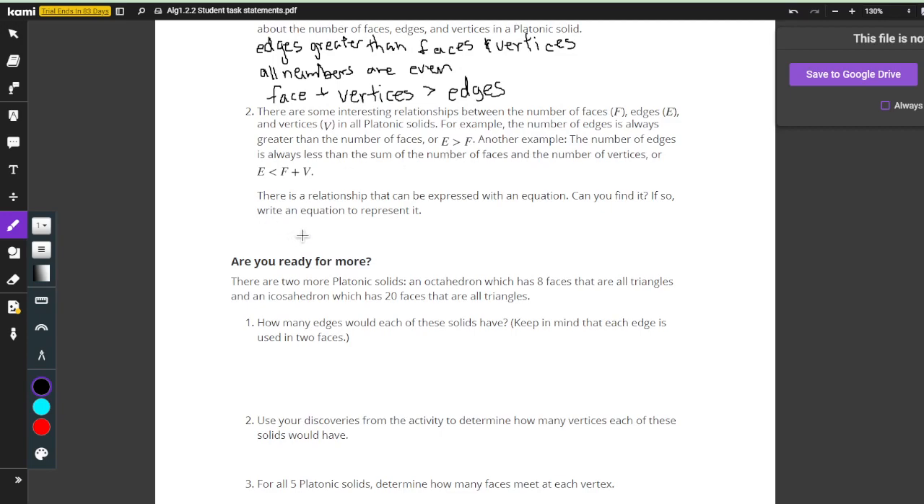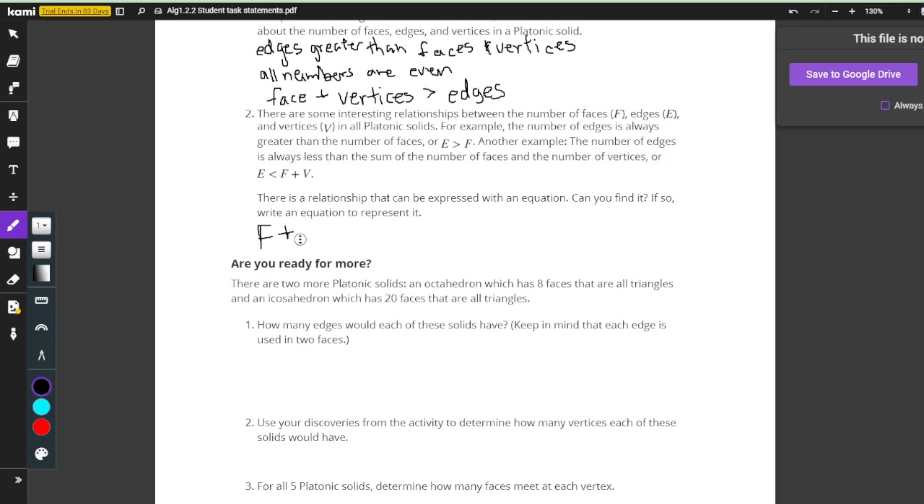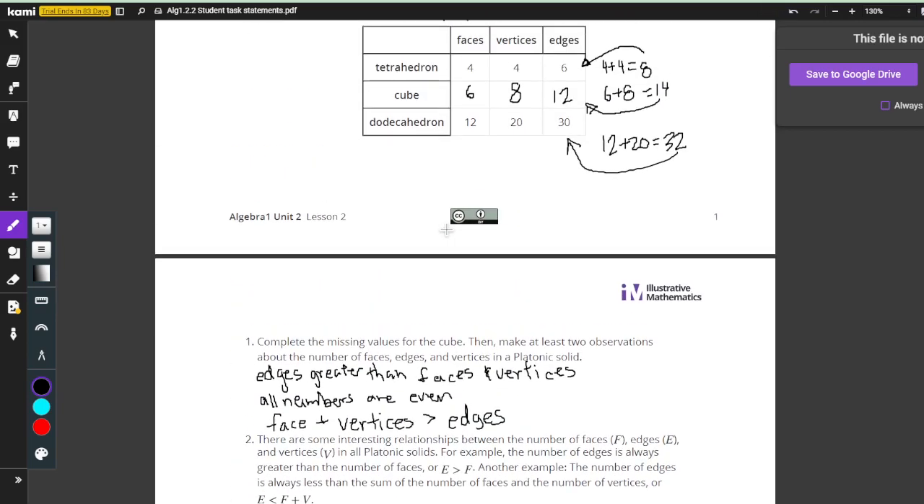Well, there's our answer. So face, ooh, that's a terrible face, but let's try that again. Let's see if I can actually draw a nice little F. Face plus vertices minus 2 equals the number of edges. Easy peasy, breezy, beautiful cover girl. Look at that. F plus V minus 2 equals edges, because every time we add these together and subtract by 2, that gives us